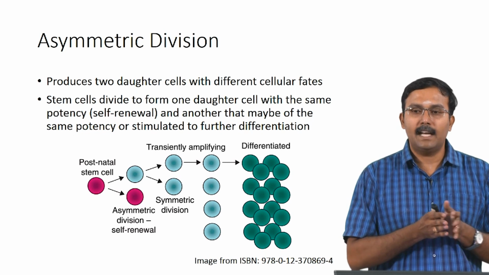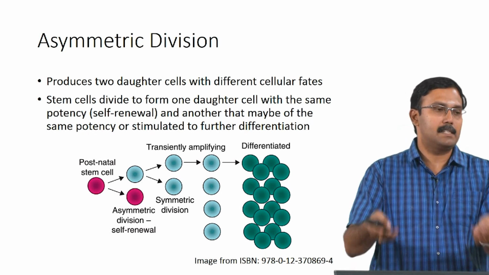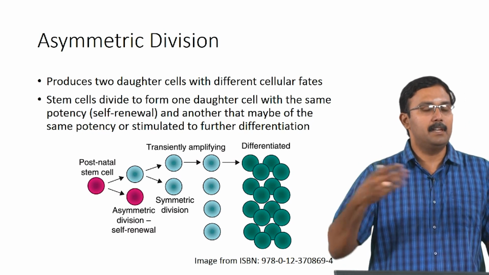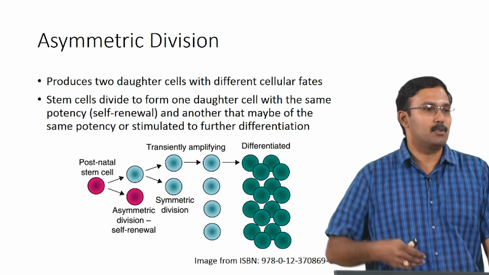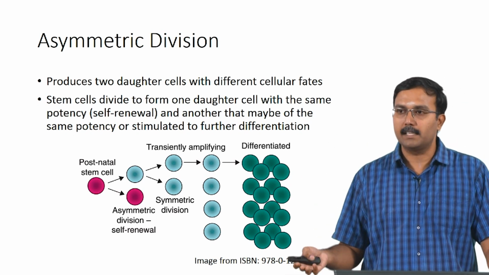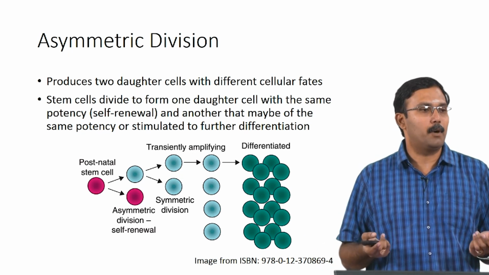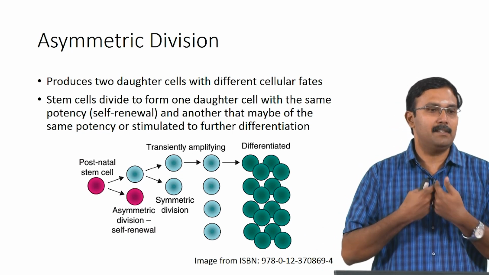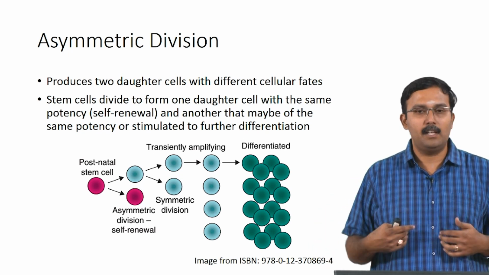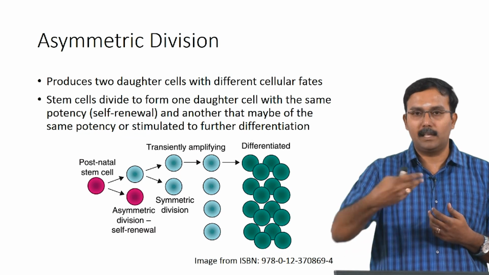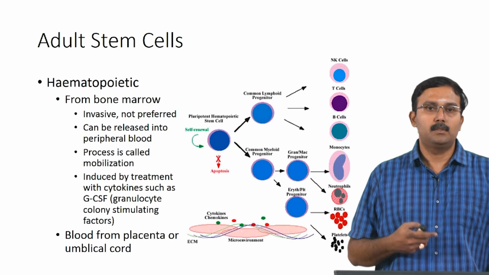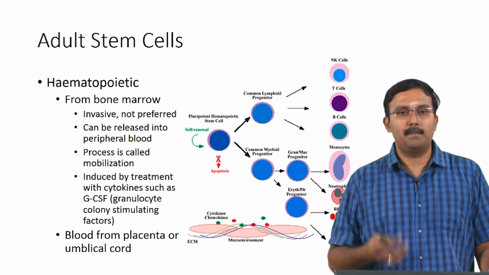So, usually what happens is this daughter cell which has a different fate can actually multiply before it gets differentiated. That is what happens, because after complete differentiation, if the multiplication has to happen, then it will be much slower. So, multiplication usually happens before complete differentiation. So, that is why these progenitor cells are important. So, these progenitor cells will actually divide at a faster rate, but they are already committed to the lineage. So, they will not come back to the previous step, they will actually get differentiated to the final type of cells.